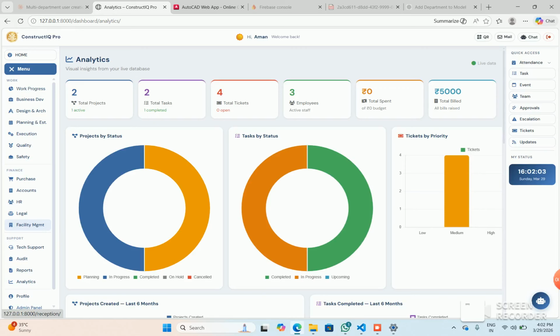You can also give your client or the top management a login so that they can review and have a look at the live streaming data. Otherwise, you can directly create a QR or link-based report so that they can access it through the link and have the visibility. So here it's the basics of ConstructIQ Pro, an integrated platform for